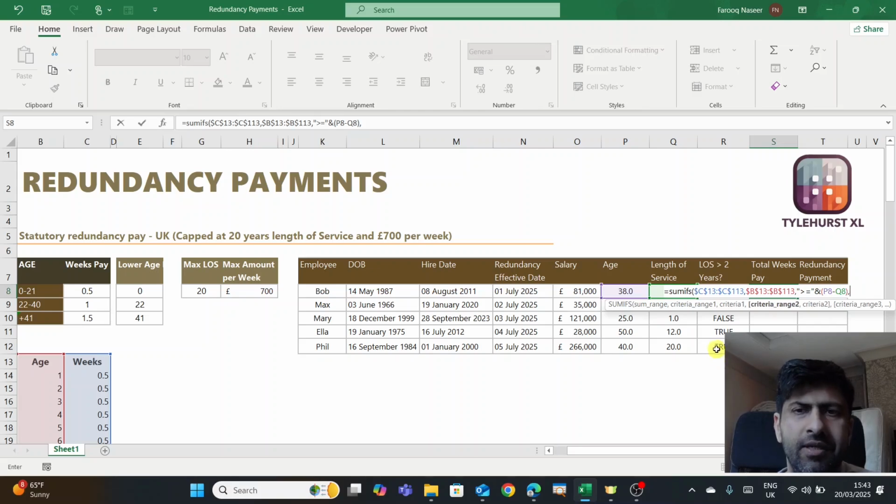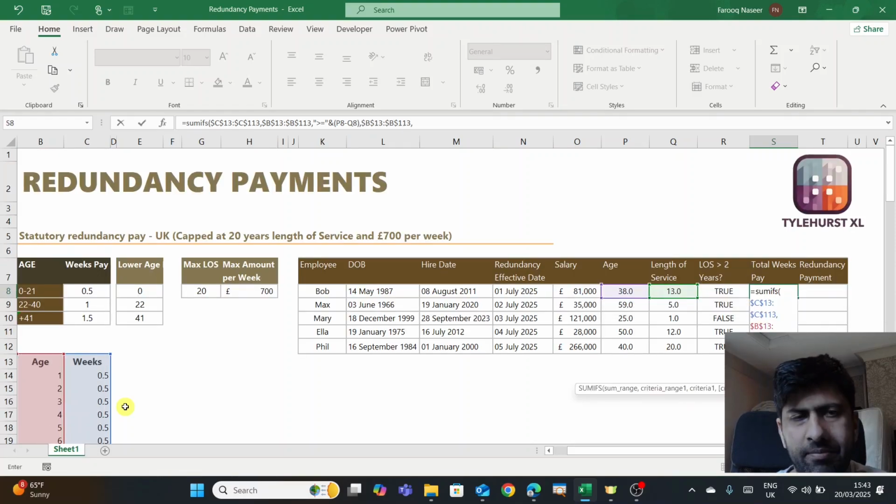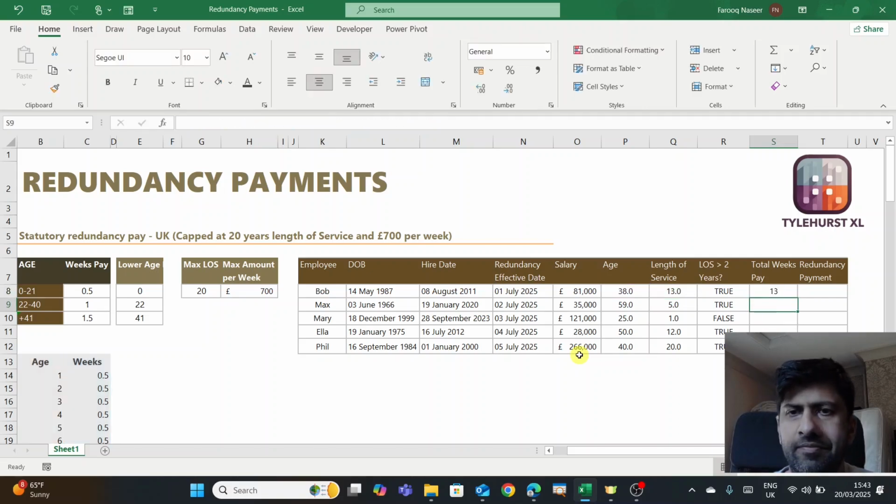then comma, and to get the in between we need to do this step again. So the criteria range 2 is age again, so B13, sorry, Control Shift down F4, comma, and this time open speech marks, this has to be less than close speech marks, ampersand, has to be less than the age of 38. Select P8 and then close the bracket, press enter,